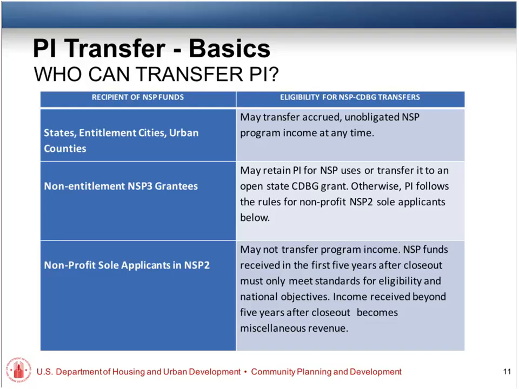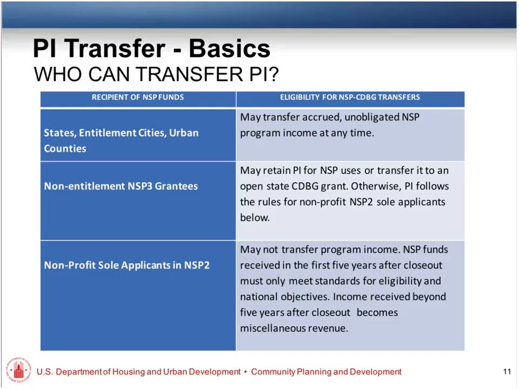Well, the general principle is that if you're a nonprofit, you can't transfer it because you don't have a CDBG direct grant from us. So if you're a nonprofit in NSP1 or 3, you're a subrecipient to a unit of government that in most cases is an entitlement city, county, or state.